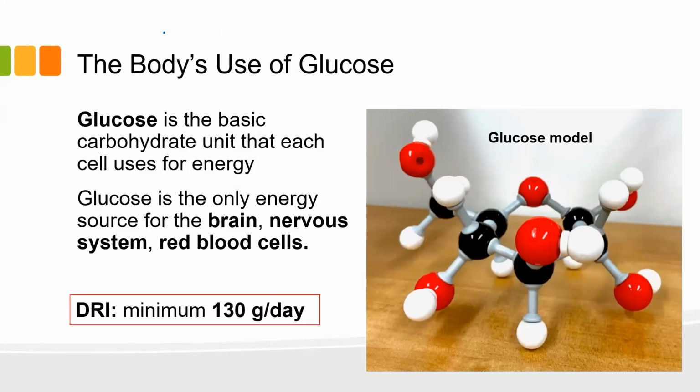So back to glucose, of course. We mentioned before that glucose is an essential molecule for the body. It's actually the only energy that certain cells in your brain can use, and your red blood cells, and certain parts of the nervous system. There is a recommended minimum of 130 grams per day, and that's a very basic level. The recommended intake is actually a little bit higher for normal functioning, particularly if you're doing any working out or athletics or any physical activity. Glucose is very, very important.